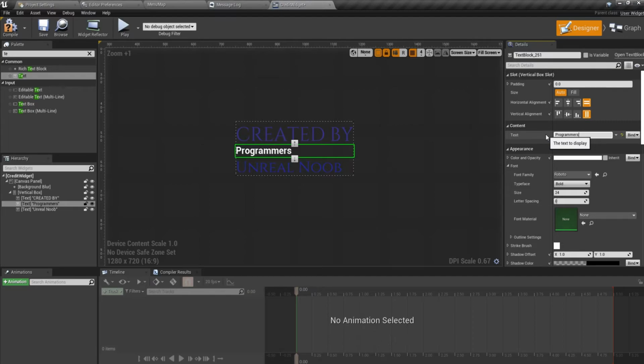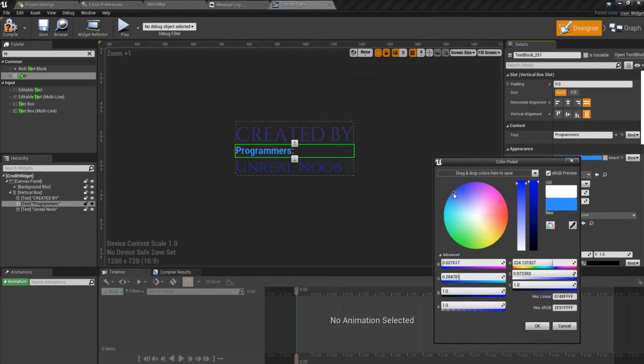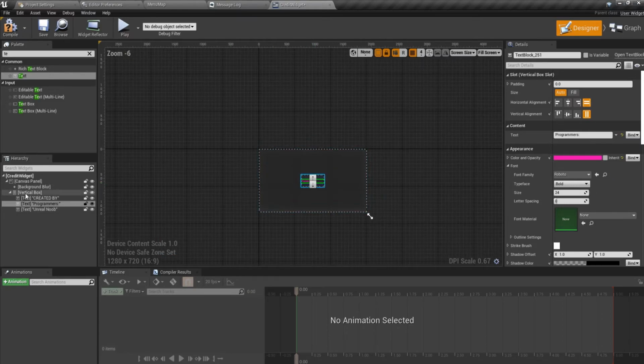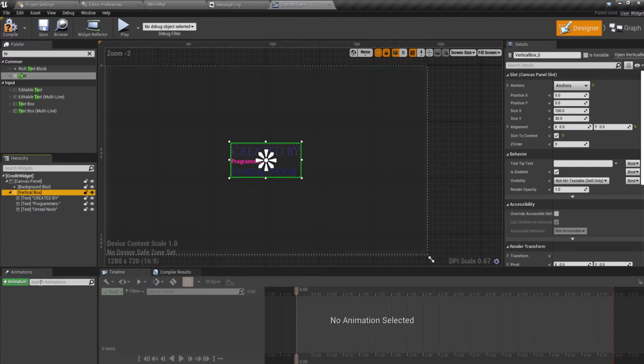Programmers, so that if you have different people working on the game, you can just do that. I'll have this in a different color, let's say pink, and we'd want to have animation for this one as well. I'll call it credit roll,